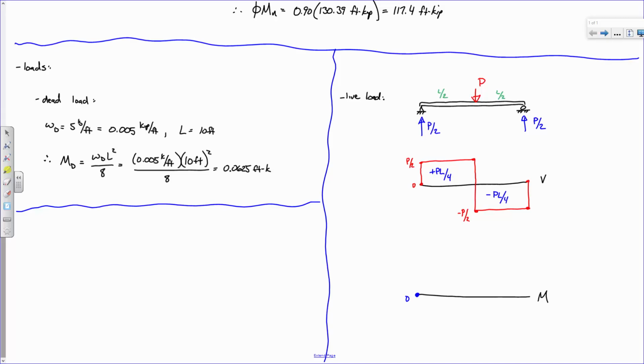Constant shear means linear moment, PL over 4, linear back to 0. So therefore, ML is PL over 4, or PL times 2.5 feet. Did I go too fast on that? Everybody okay with that? Okay, so if you're all right on that,